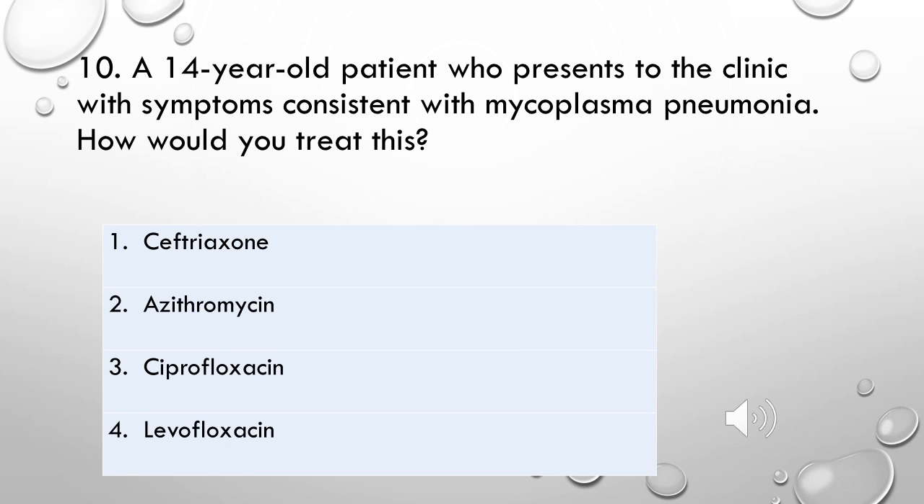A 14-year-old patient is presented to the clinic with symptoms consistent with Mycoplasma pneumonia. How would you treat this? You have your choices. Answer 2, azithromycin, that's a macrolide. Mycoplasma pneumonia is the most common type in children over age 5 years, with approximately 10% of school children